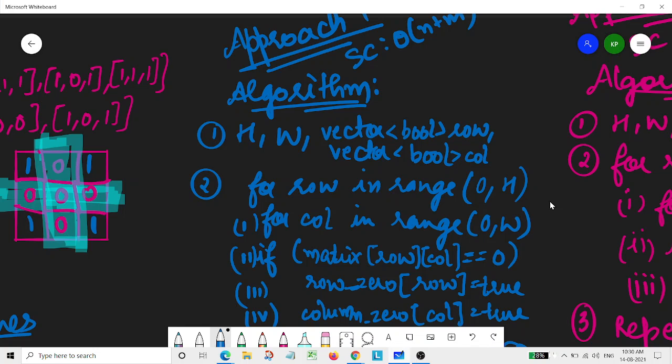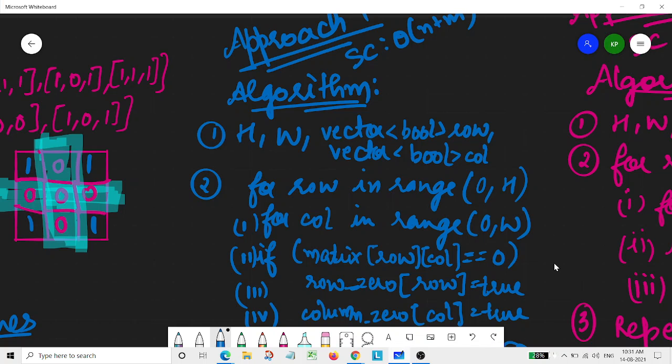Then we require two vectors which will have boolean as the data type, and these two vectors correspond to row and column. Whichever row has a 0, I'll mark it as true, and whichever column has a 0, I'll mark that as true. So this is why we are taking this, and H and W are simply for the height and the width of the matrix.